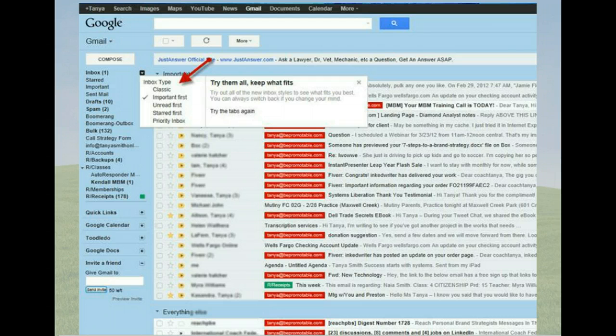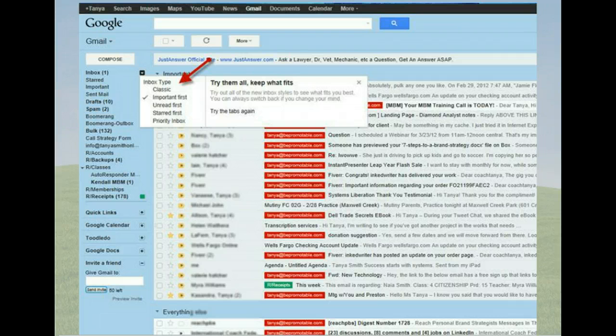To give you a quick hitter trick that I use, notice that there's an option for starred first. One way I use starred first is when I'm on my smartphone, looking at my Gmail and scanning through to see what I need to respond to. That's a quick way for me to figure out which things I need to take action on. So I'll star them on my phone, and when I get home, all I have to do is click on starred first, and it pulls up the list of starred items I know I want to respond to today. Those are my hot ticket items. So that's one way you can use starred.